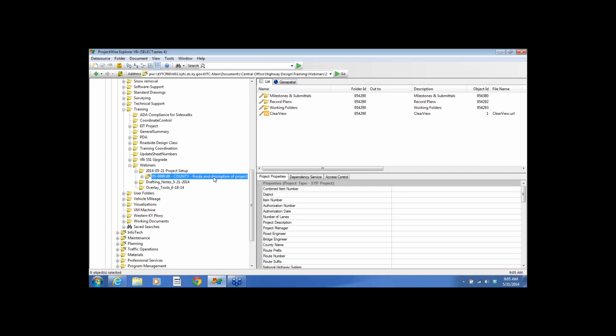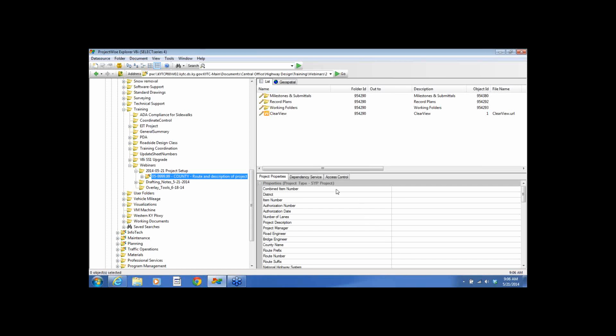So once our template is copied and we have it named, there are some other things that I think you'll find useful. The project properties come directly from the 6-year plan database, and those will be populated. Actually, it'll be the day after the folder is created in ProjectWise, because TED is updated on a daily basis, and therefore the program I wrote to grab that information from TED, the Transportation Enterprise Database, also only runs